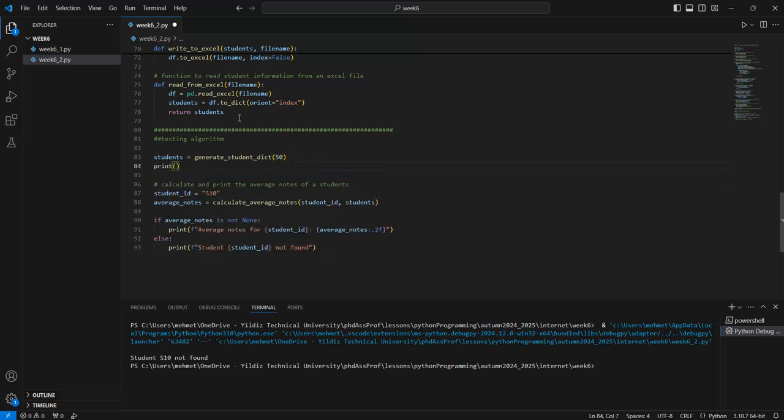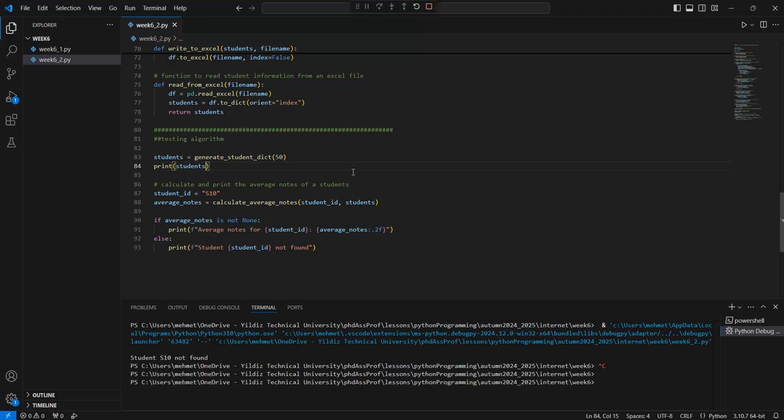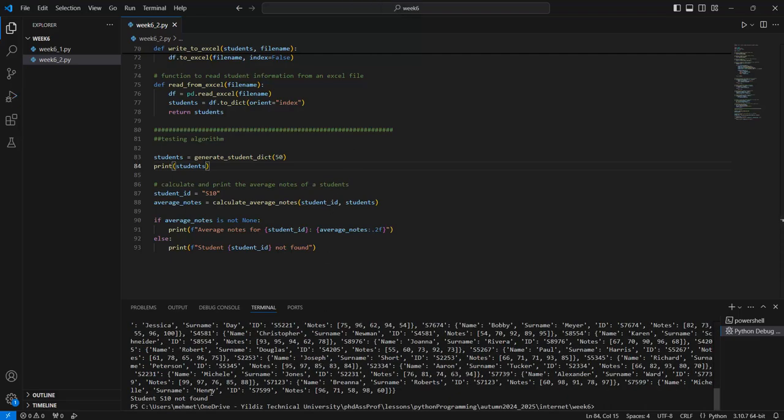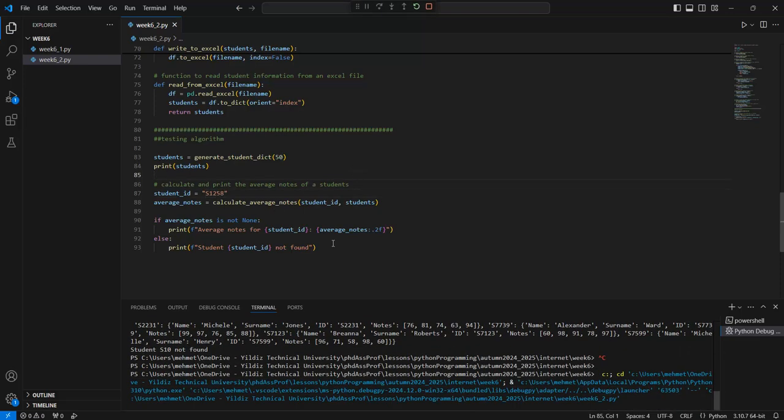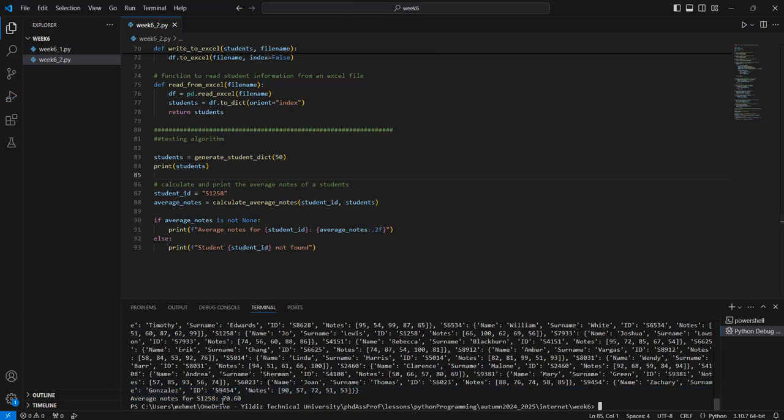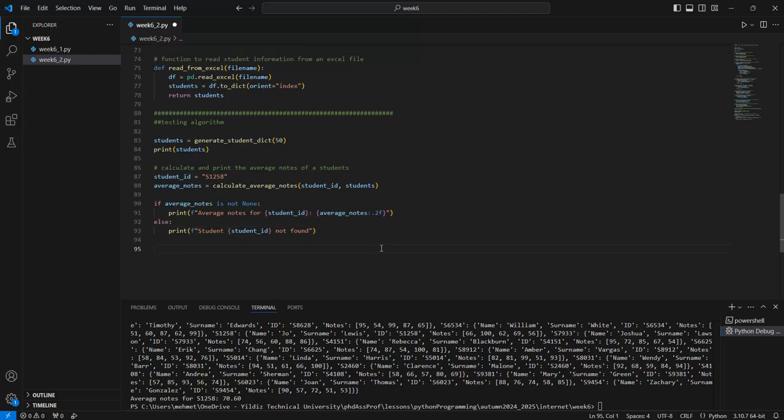And also we can print these students in here, just like this one. And after that, S10 should not be taken in this form. S96 blah blah blah, S11 74 blah blah blah. For example, if I choose the S12 58, and so see that the average notes for S12 58 is equal to 70.6. Okay, we can assign these parameters just like this one. And also we can search